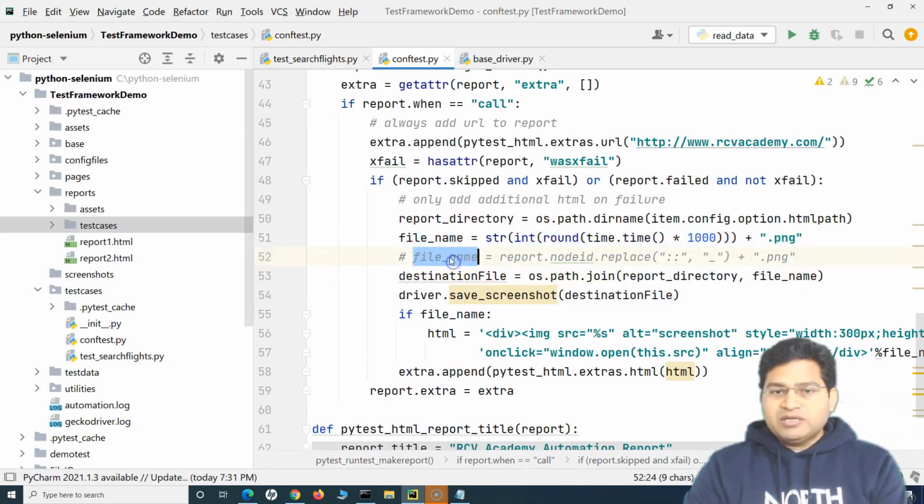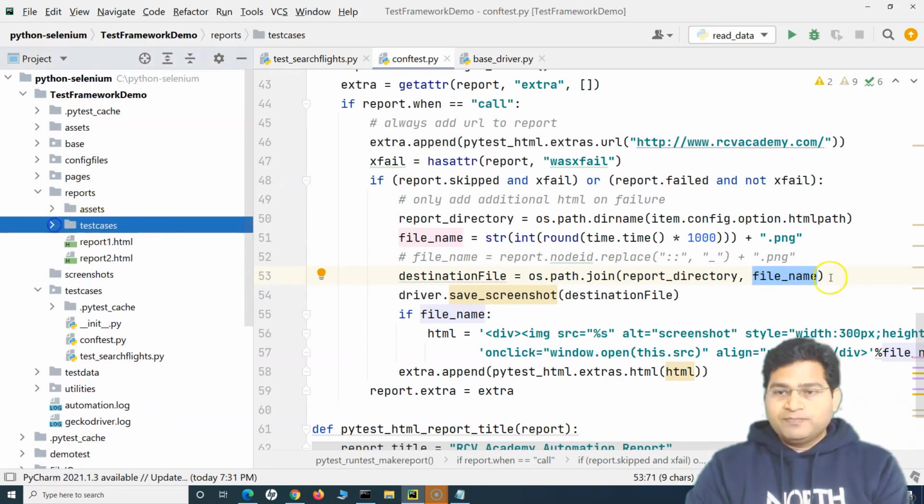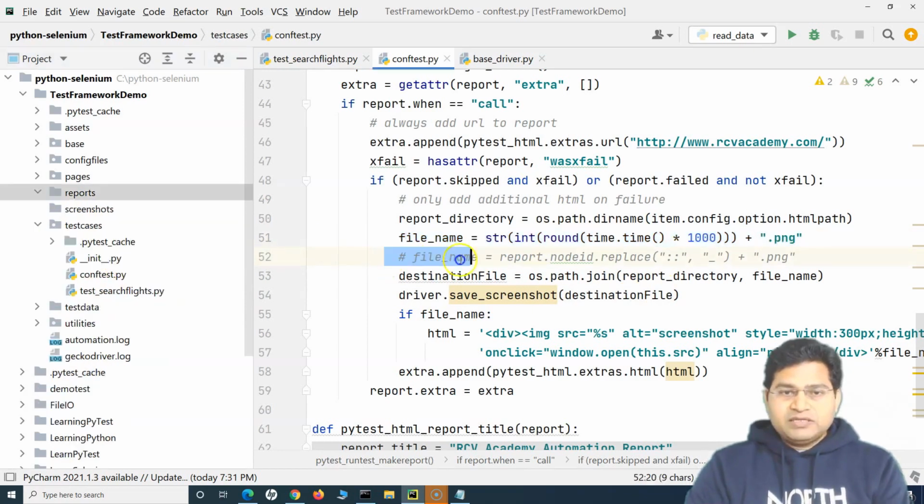Now with this particular file name, because it contains this node ID, when I tried to create the file in this reports directory, it is not creating. It is specifically looking for this particular test cases folder. Okay, so with this approach, it won't look for that test cases folder. If I remove everything here, you just need to remove this line, comment it out,